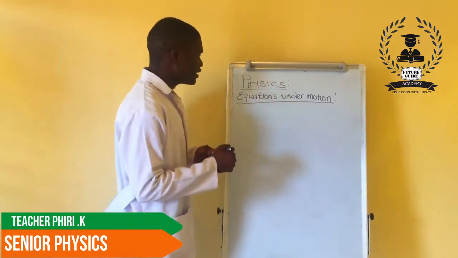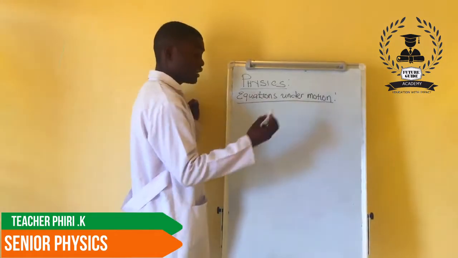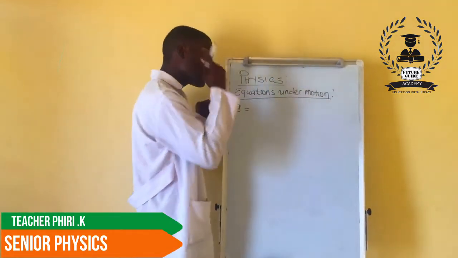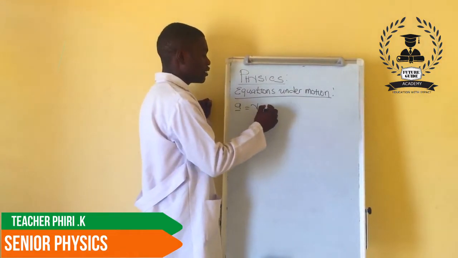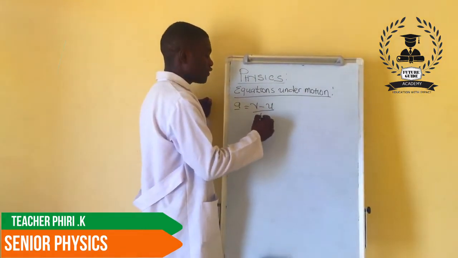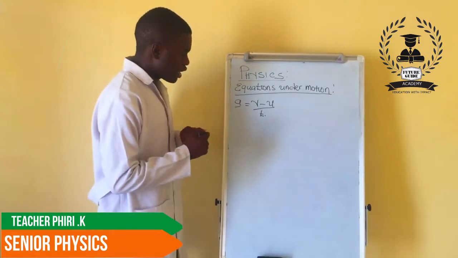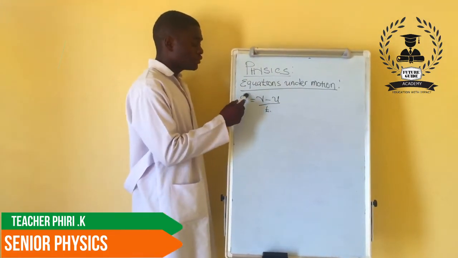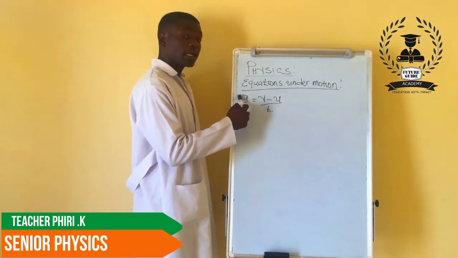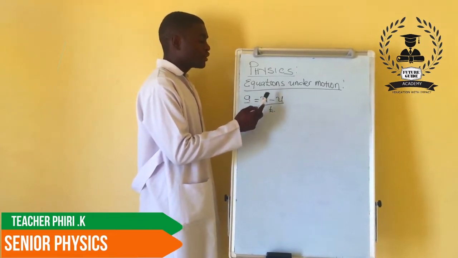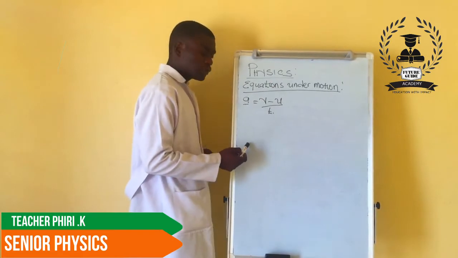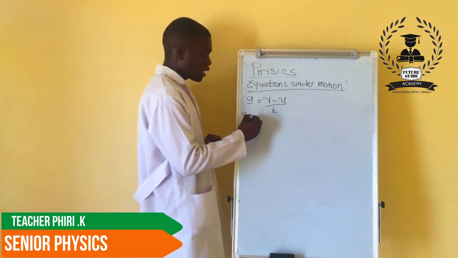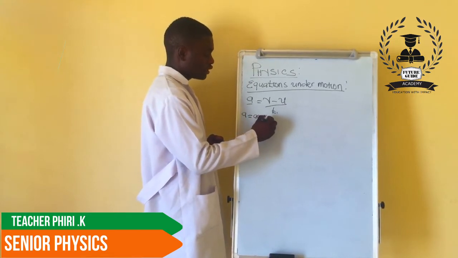Now, under the first equation, we are deriving it from this, which is a, acceleration, is equal to v minus u over time. Under this equation, we can use it to solve acceleration if we've been given velocity as well as initial velocity as well as what? Time. So a is equal for acceleration,